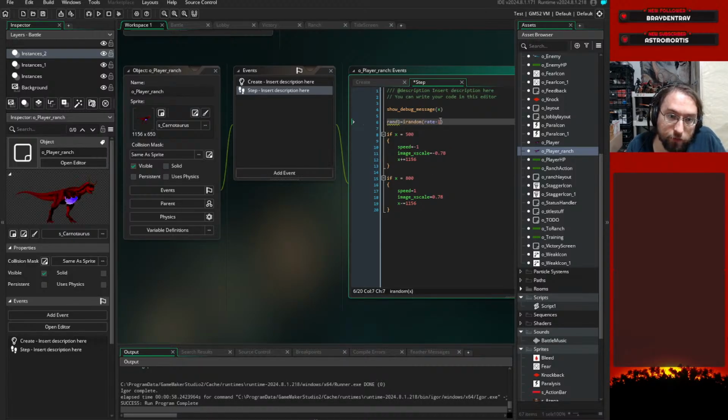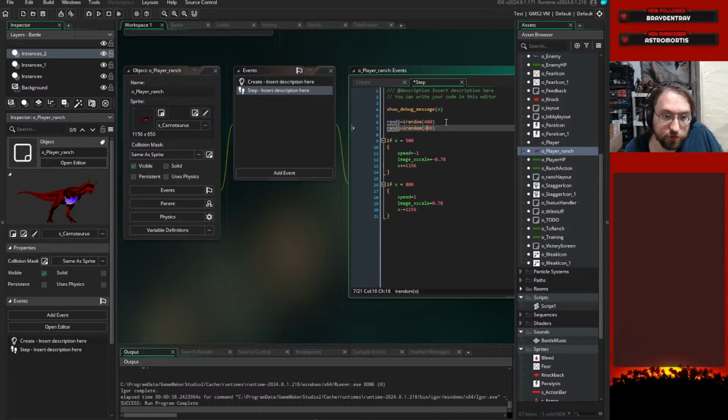So if we do a random integer up to the range of, say, let's do 400. Then we do a random integer up to the range of, we did 800 for turning around, so that seems fine. Then the only time, wait. No, this doesn't quite work. I need this second one to be